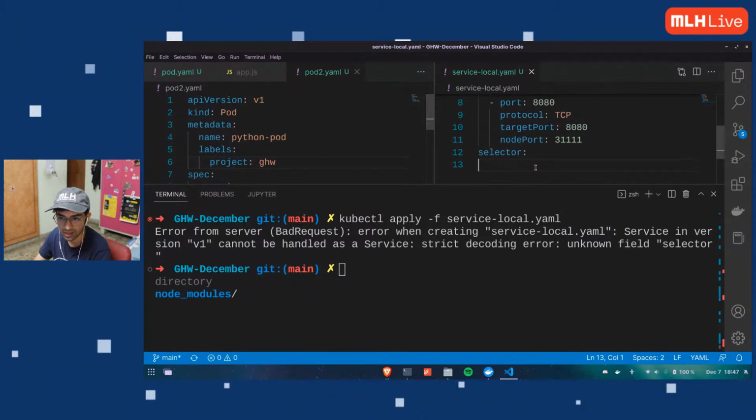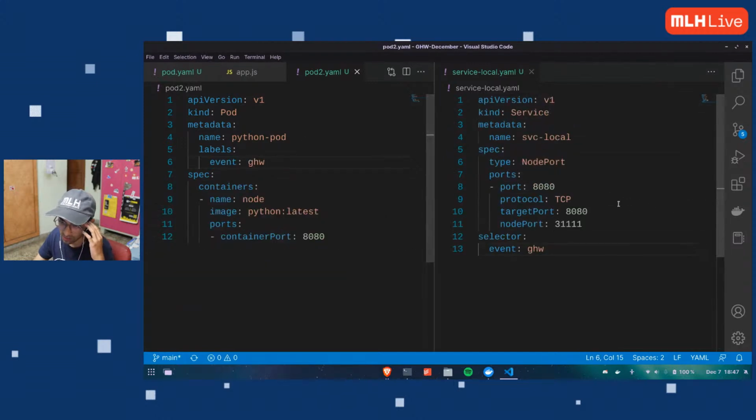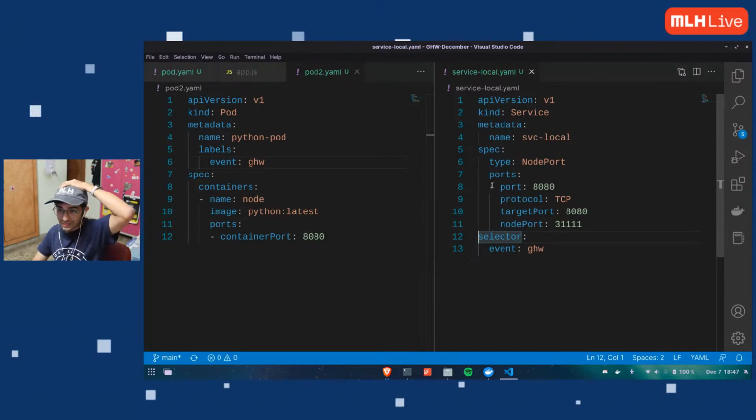Oh, it's not that. I'm really sorry. So you have to be very careful with the indentation. That's the thing about YAML. It's very annoying. Remember, I wanted my selector to be inside the specification. I'm talking about the pod, and it is not in the pod level. Anything inside the spec is the specification of my container, so I am talking outside of it. I'm just going to give an indentation. That's why it was unable to detect it.